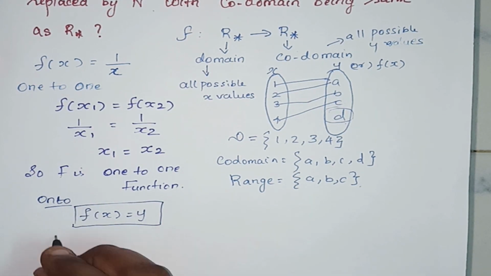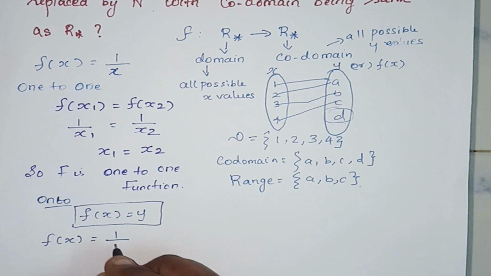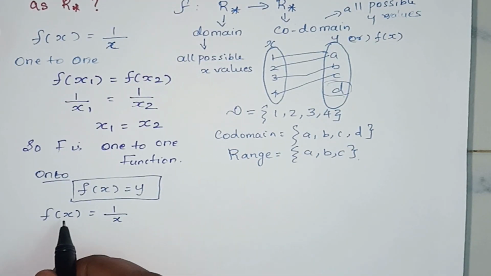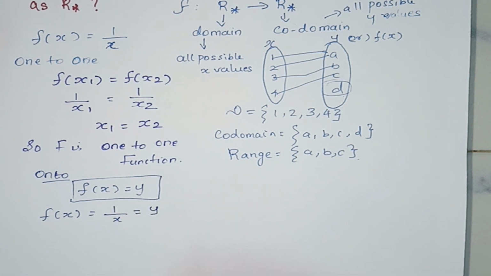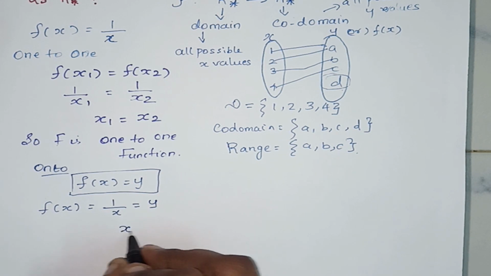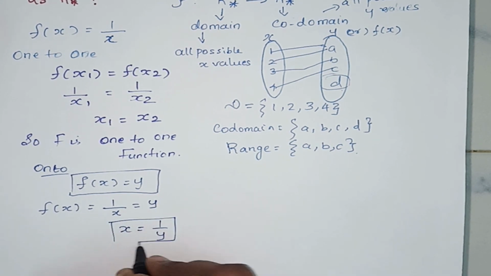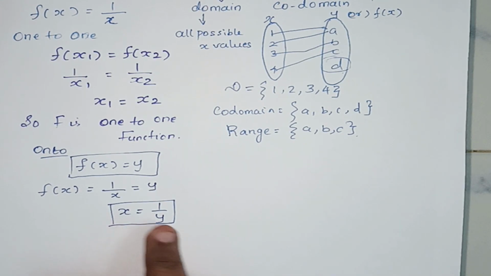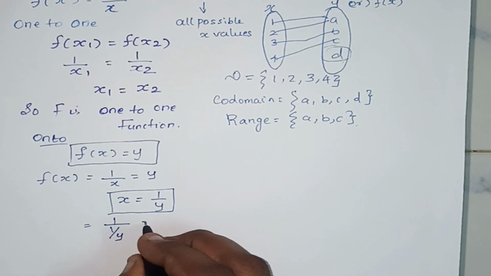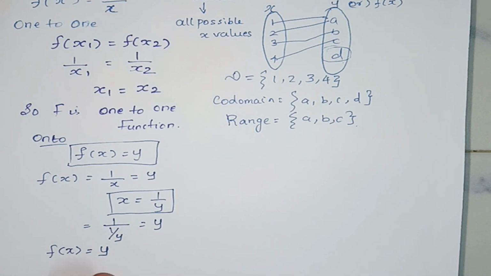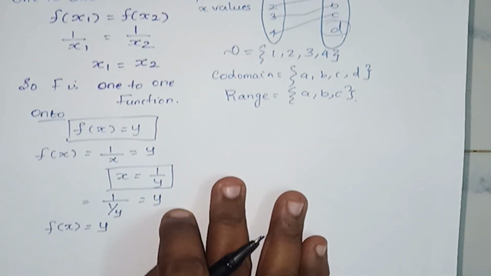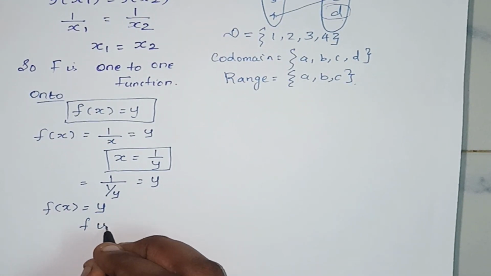So here f of x is equal to 1 by x, right? f of x equal to 1 by x means that is equal to y, right? So x is equal to 1 by y. So by substituting this x equal to 1 by y in this expression, 1 by 1 by y is nothing but y. So f of x is equal to y. So this implies every element y is an image of x. So this implies this function is onto